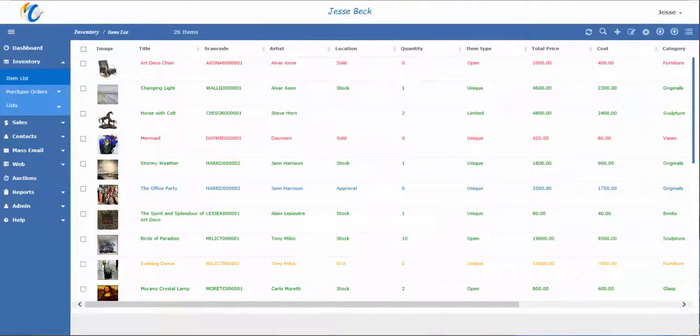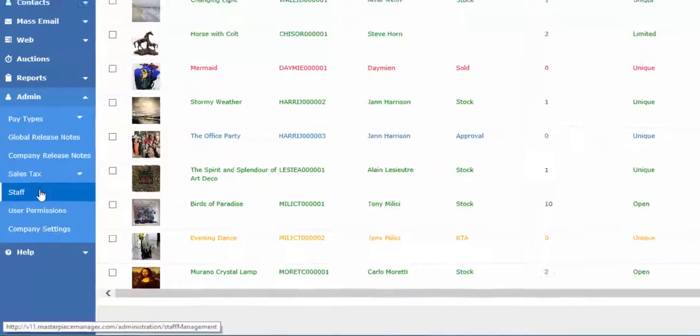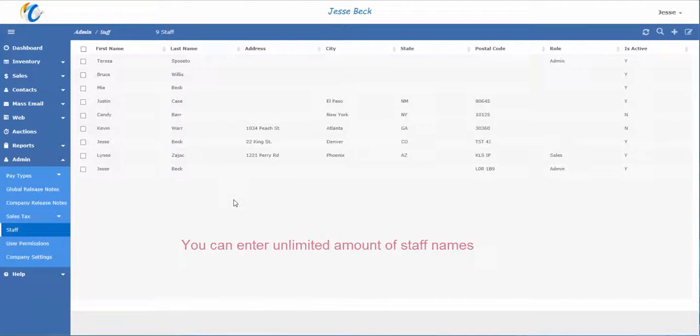To add a new staff member in Masterpiece Manager version 11, click on Admin on the menu on the left and then click on Staff. This will show you a list of all your staff members that you currently have entered, where you can then